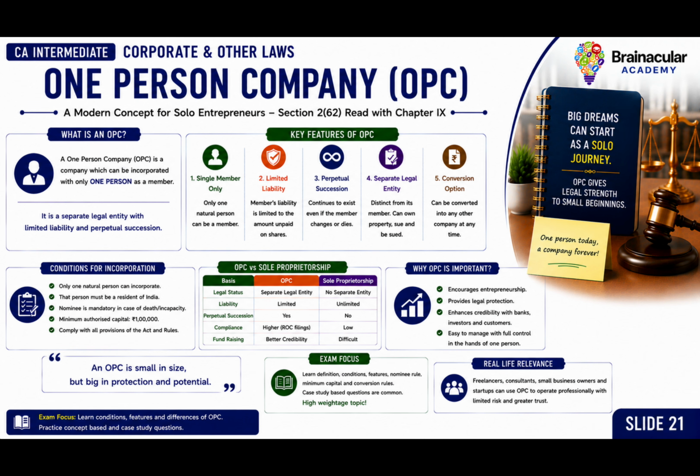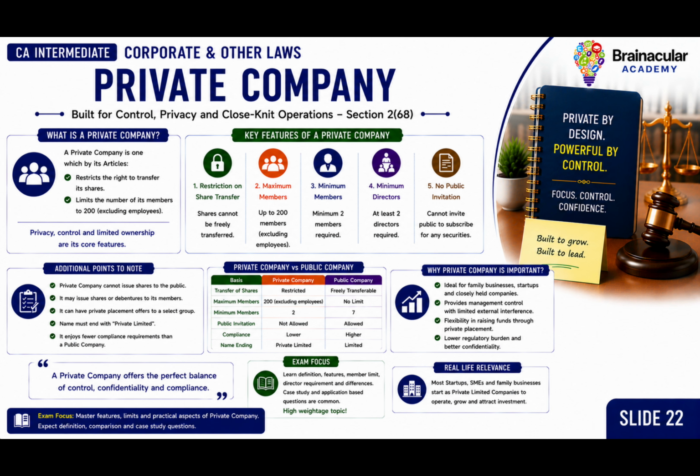The law removes the compulsion. Business sense still guides the decision. Next, we have private company, which is contained in section 2 subsection 68. Now, the statutory definition is that private company means a company having a minimum paid up share capital as may